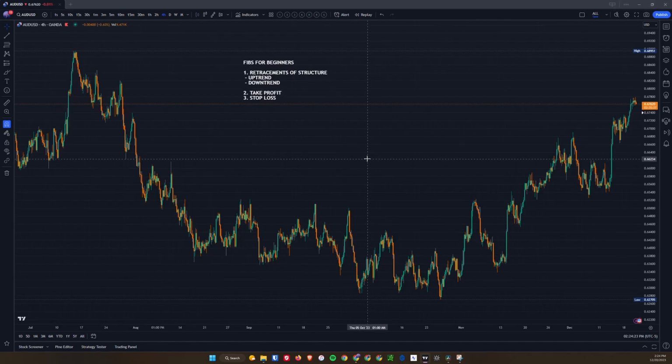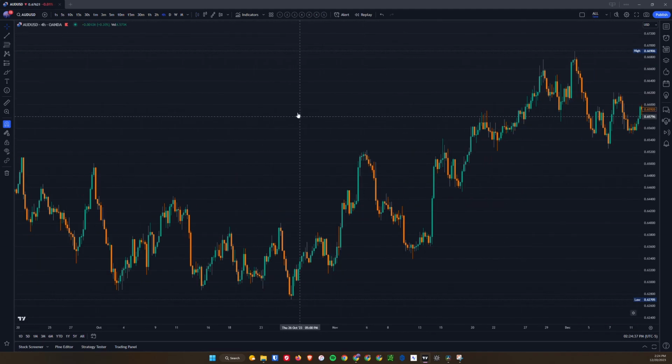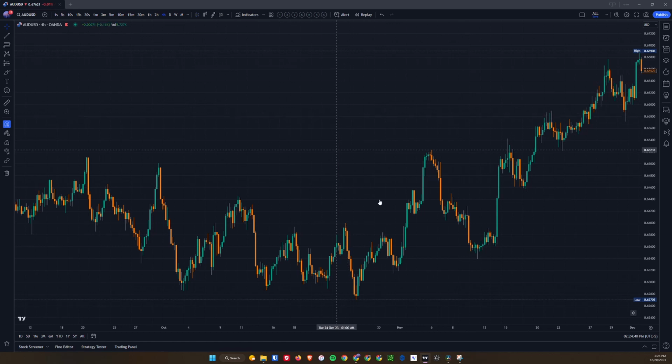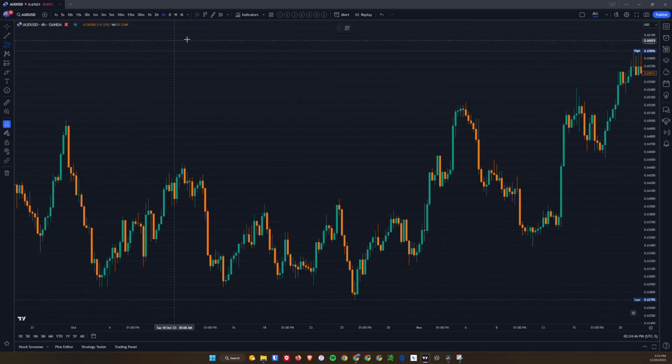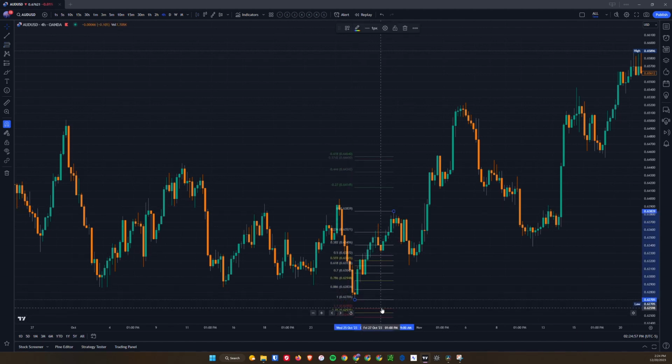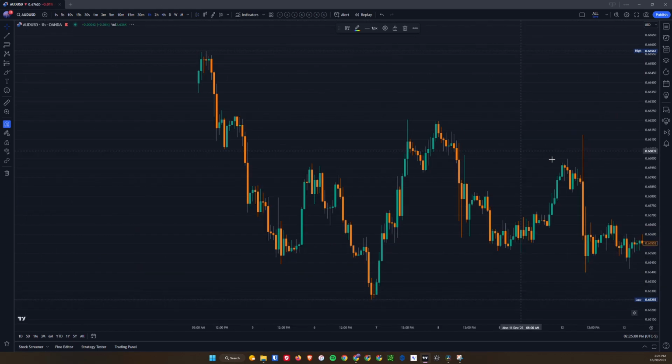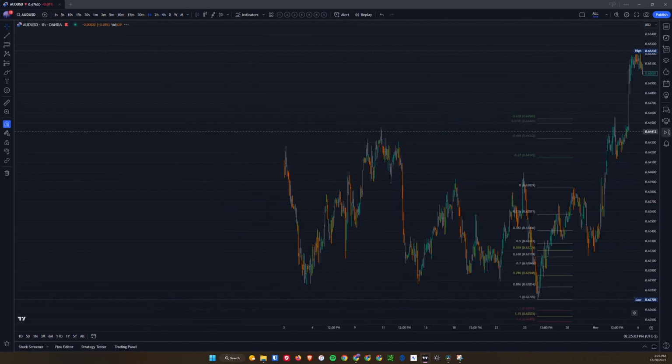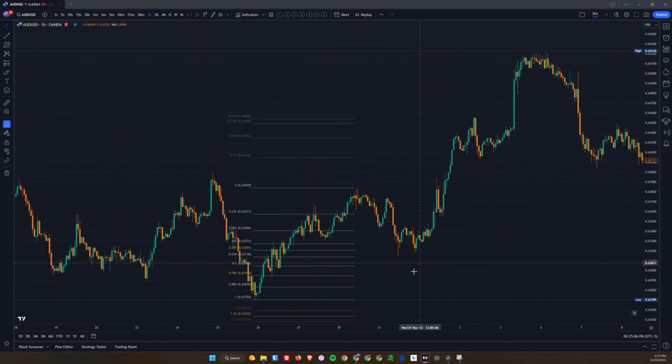So, all right, so retracements and structures. How do we use Fibonacci to determine retracements and structures? Okay, all right. So let's single out a small section of this: how to draw fibs in an uptrend. Okay, so we got a clear uptrend right here in this section of the market, right? Okay, so how do we draw the fibs? Bottom wick to top wick. Boom. What do we get on the smaller time frame? We get